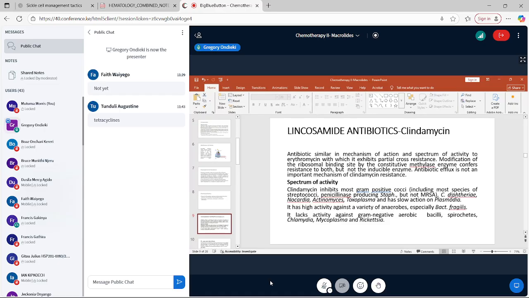Now, it has activity against a variety of anaerobes, especially Bacteroides fragilis, but does not have activity against gram-negative aerobes, which include bacilli, spirochetes. These are generally special kinds of bacteria that need other drugs that we shall discuss. Chlamydia, I'm sure you've discussed